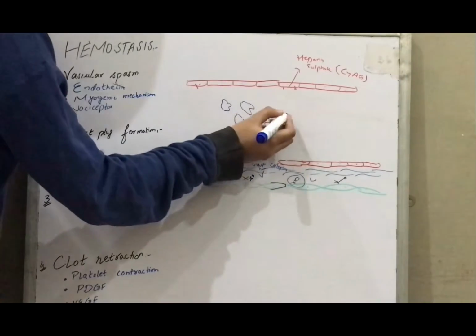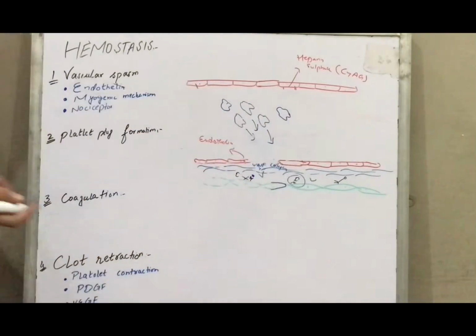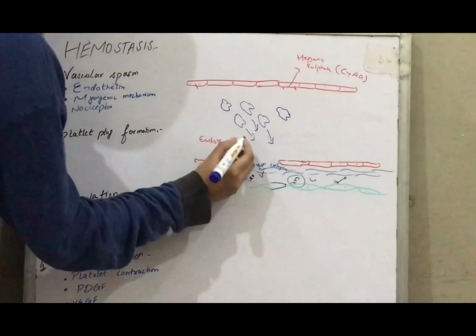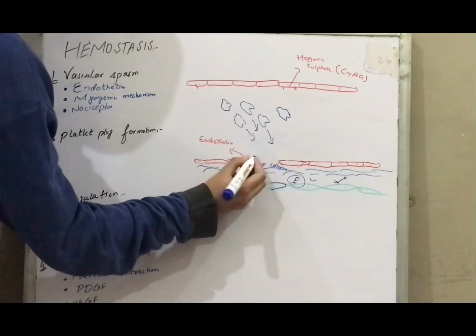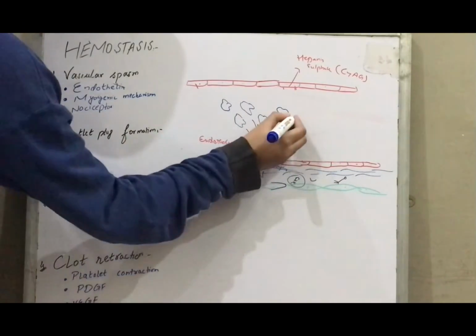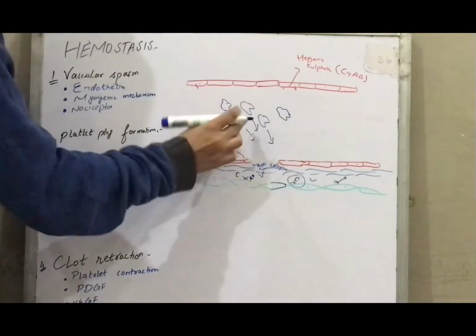In circulation, they have a round disc-shaped structure. Whenever they are coming towards the site of injury, they change their shape, because they get activated, and